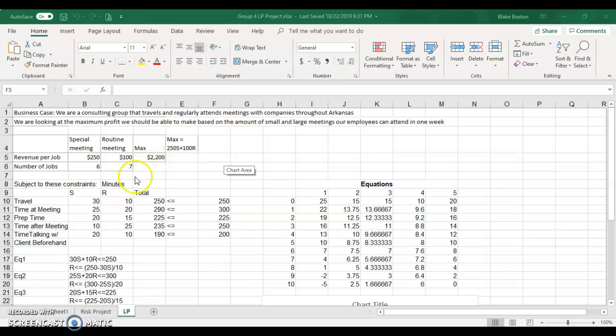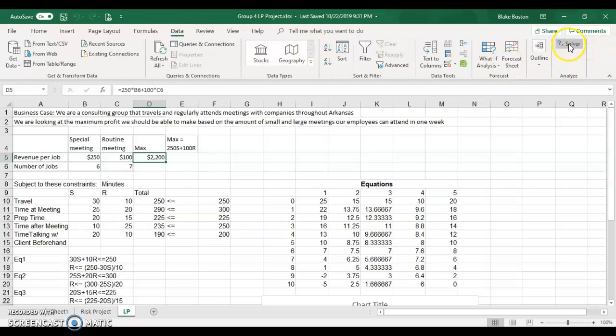Now, before we go off doing this, we have 5 constraints that we found based on the minutes that we are allowing for each type of constraint. So the types of constraints that we have are travel time, the time at the actual meeting, prep time, time after the meeting, and then time talking with the client beforehand, whether that be getting the bids or anything like that. So now that we have our constraints, I'm going to go ahead and show our solver solution,